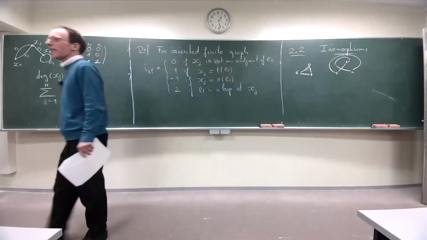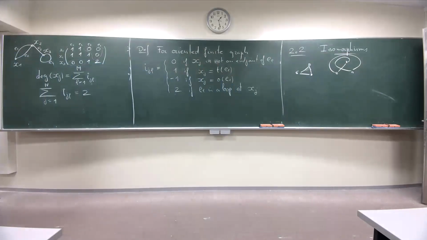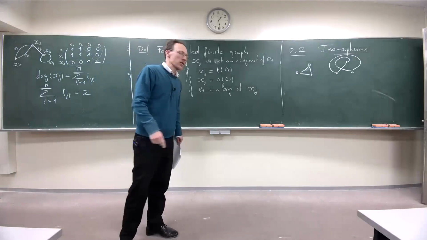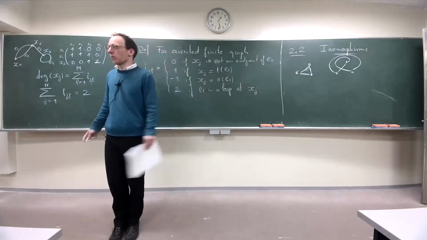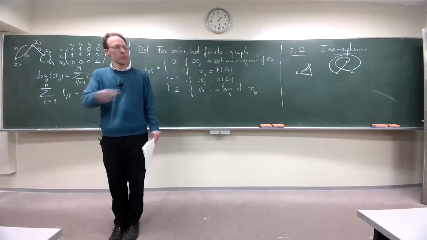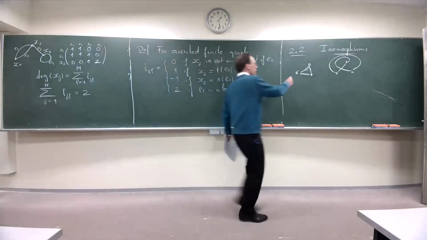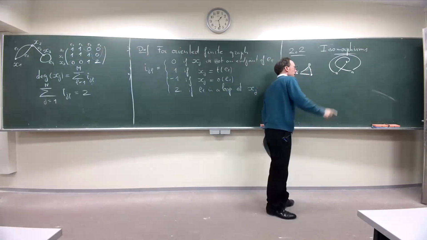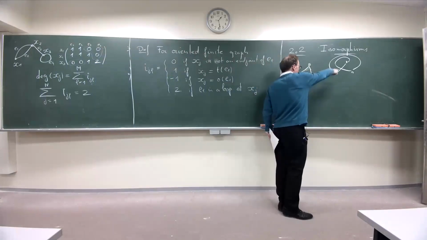They do not look the same, but they are the same. It's clear that they contain the same information, but the picture is not the same. But if you give me the matrix corresponding to this, I can draw both pictures, because the matrix will give me that there is an edge between these 2 points, there is an edge between these 2 points, there is an edge here. It doesn't tell me if I have to draw it like this or